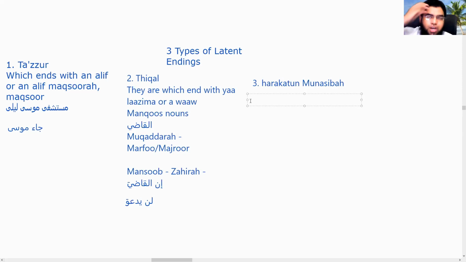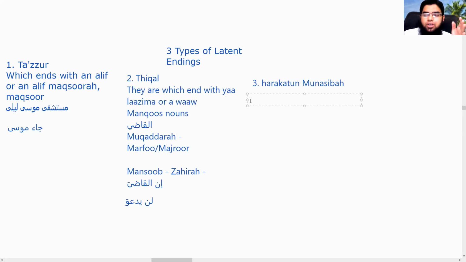How do you know it's mansub, marfu, or majroor? We say this is also muqaddara. We know it is there in our heart. We can tell because inna came. It should have actually been ummayi, but because of the ya mutakallim, it forces the previous letter to get a kasra, in any case. So these three, because they're special, we say they have latent endings. They are taqdiri, we have to imagine them. They are not mabni, not at all. Because of three reasons, they are latent.